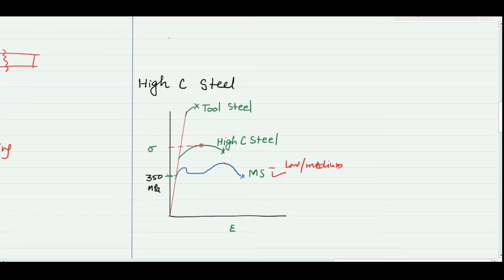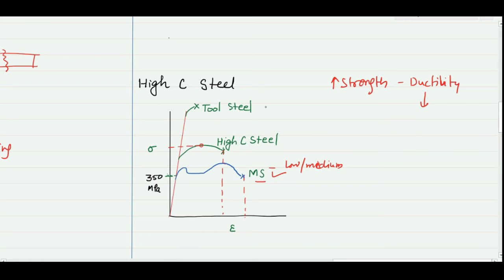But when you see the failure point, the change in length is smaller than the change in length observed for the mild steel. That means as you are increasing the strength, you are losing the ductility, because ductility is what? Ductility is a property which indicates the increase in the length while reducing the cross section area. Or we also define ductility as a property to convert into wire. So in case of high carbon steel, the failure occurs for a smaller increase in the length. However, for the mild steel, there is a large change in the length, and then we observe the fracture.